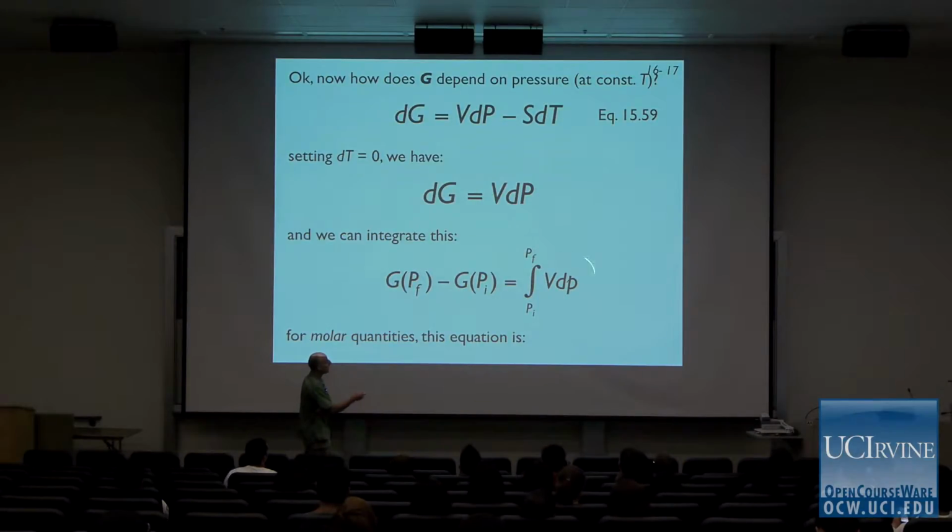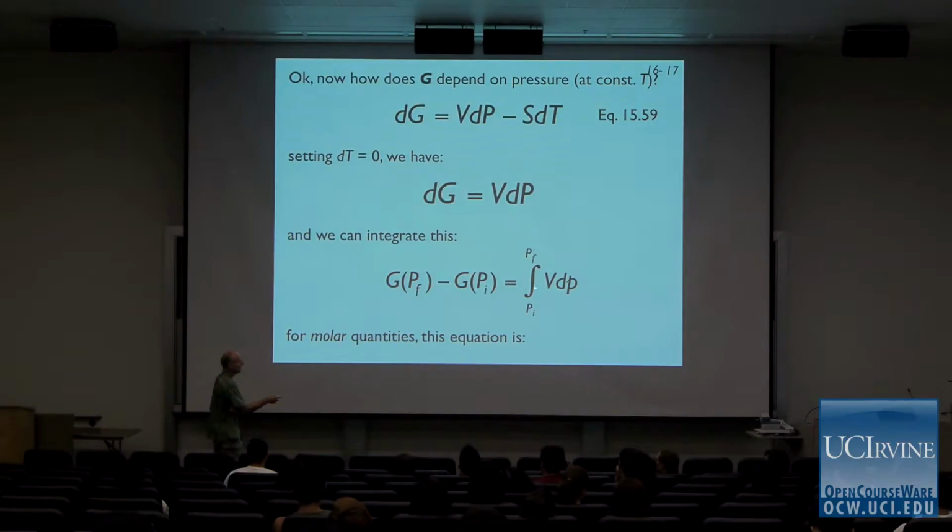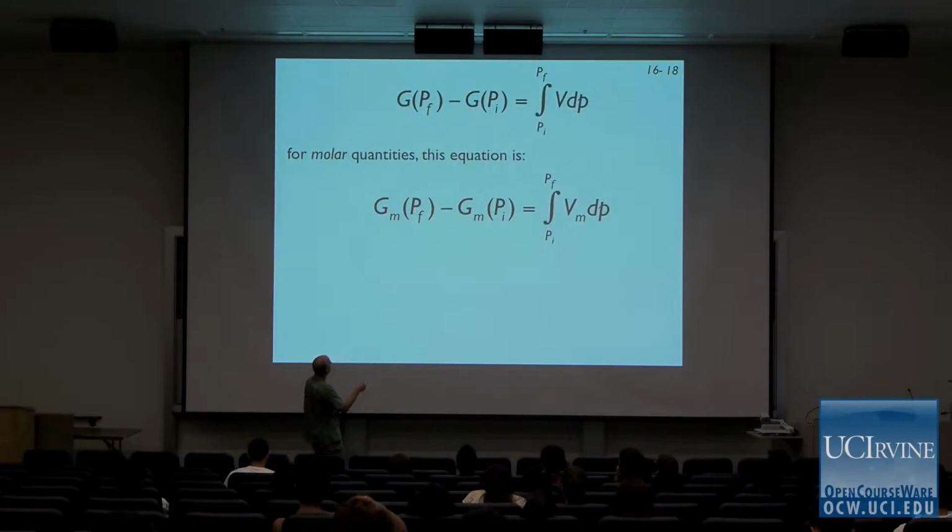And the question is, how do we evaluate this integral? It depends on whether the molar volume or the volume is constant as a function of pressure or not. It's quasi-constant as a function of pressure for liquids and solids because they're virtually incompressible. So it takes enormous pressures to change the volume of a liquid or solid. And so under those conditions, we can get a really good idea of how the Gibbs energy is going to change, by just moving this V out front. We know what the molar volume of the liquid or the solid is, and we can just treat this as a delta